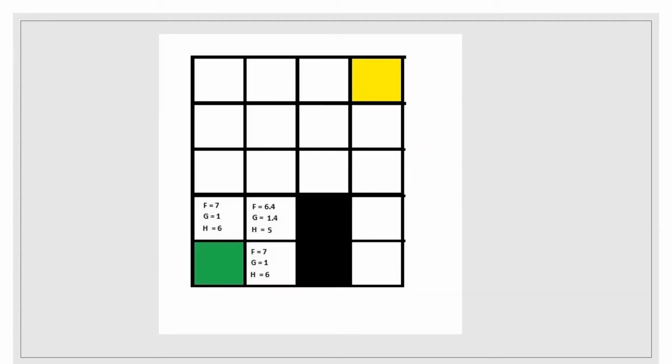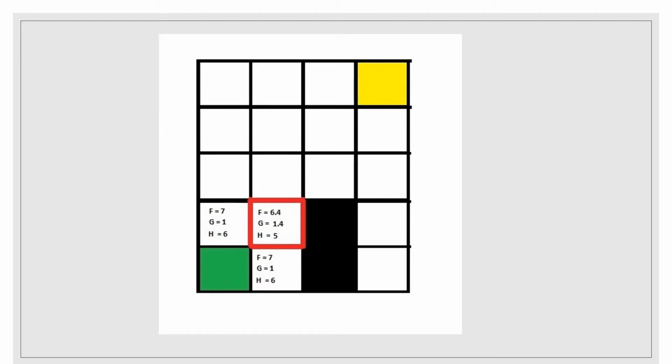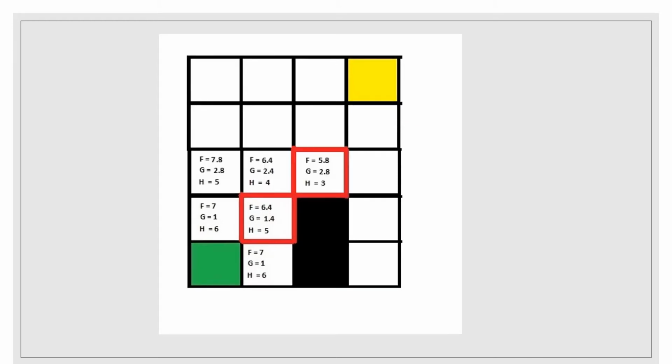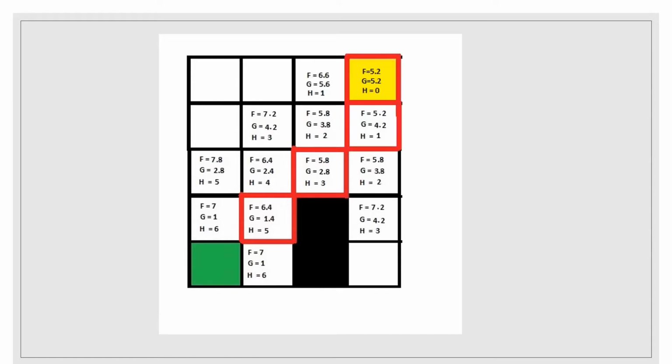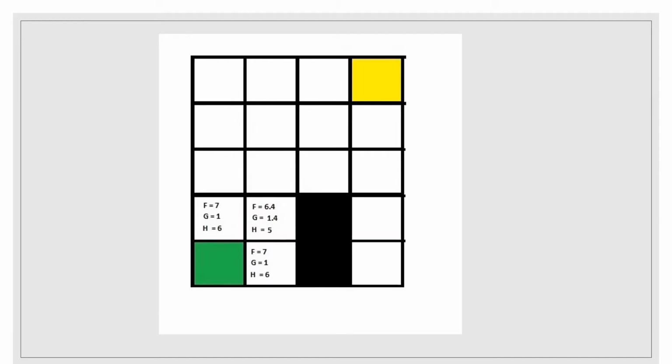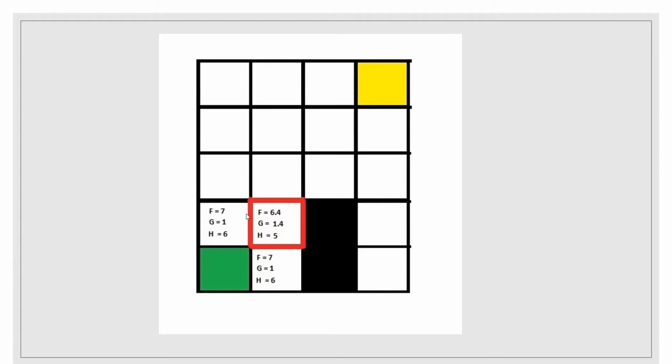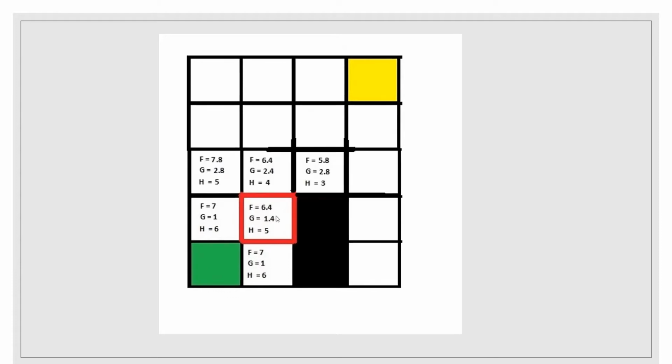And this is just an animation that's showing an A star search in progress. As you can see, it starts from the green and it calculates all the neighboring nodes' f of n, which is the sum of g of n and h of n. So starting from the green here, these three here, 6.4 is the lowest one, so it's going to choose this